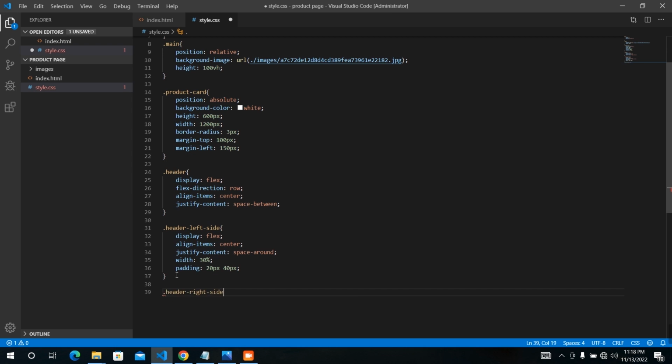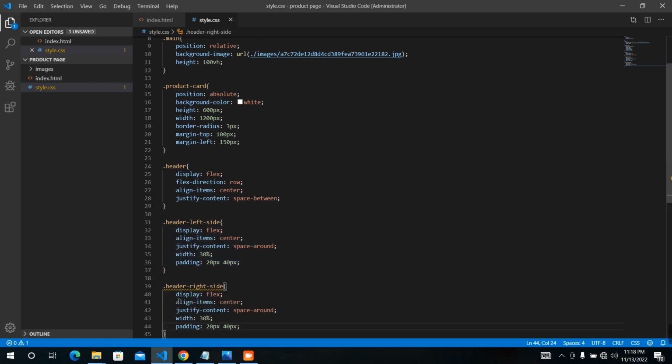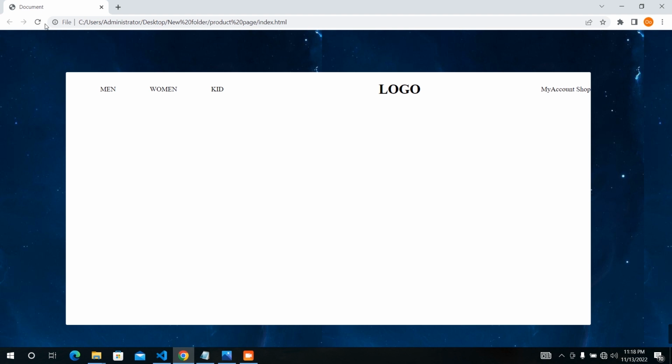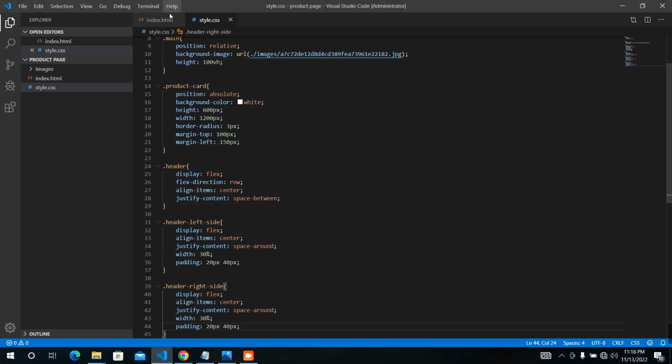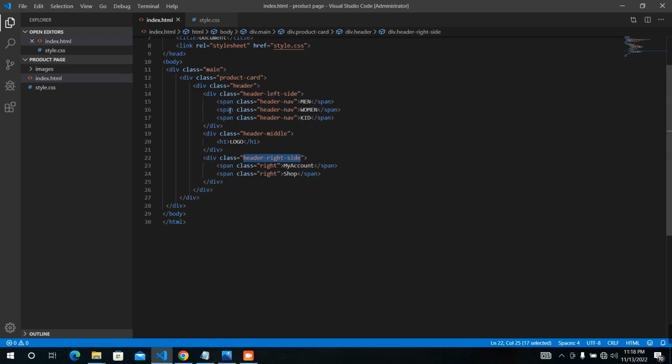Align. We need to have these styles like this,